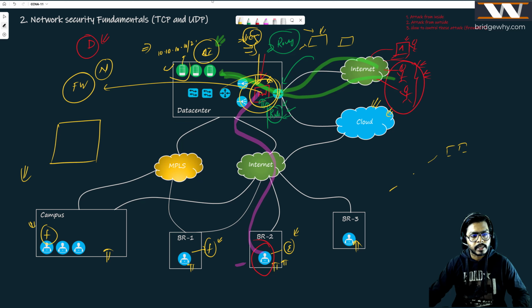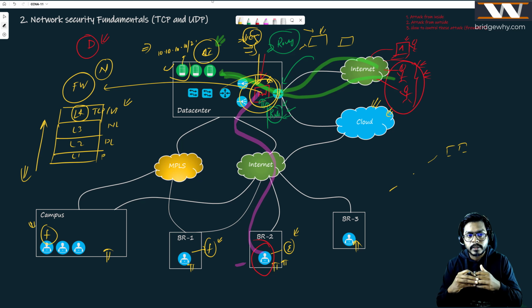Most of our network engineers say that we are good if we know L1, L2, L3, meaning the physical layer, data link layer, and network layer. But believe me, if you want to have a complete understanding of networking and network security, you should go one layer forward, at least. You should understand L4 also, TCP and UDP, so that you can understand the packet well. And if you can understand the packet, you can see the intention inside the packet, or you can tweak the packet according to you so that you can safeguard your company,